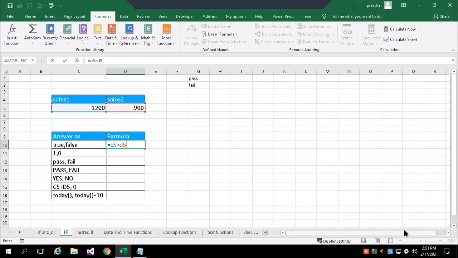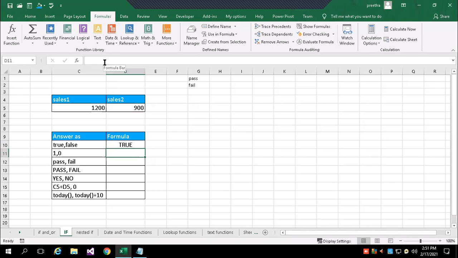By seeing that, you can tell yes, 1200 is greater than 900. So once I express this, it is one small logical test. It is returning what? True or false. We call this criteria, logical test, or condition. So I checked here C5 is greater than D5, and based on the value it is evaluated and returns true.